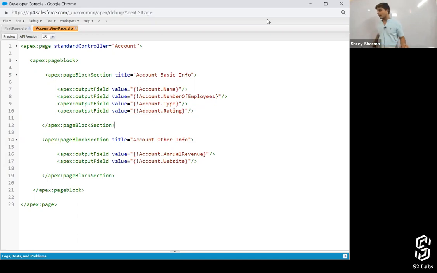You can definitely do that. But currently, what I have explained is the most basic thing that you can create, so there's no problem with it. What you have to do with that search box is create it as an input field and create a button. Whenever that button gets hit, take the text from the text box, get it into a custom controller and search it with a SOSL query. And whatever records you get over there, just show them onto the page. That's all you have to do.